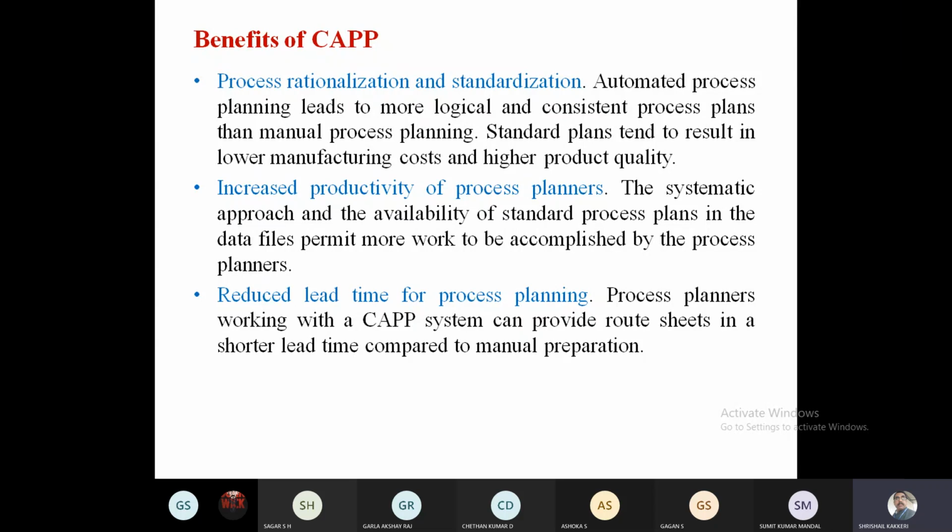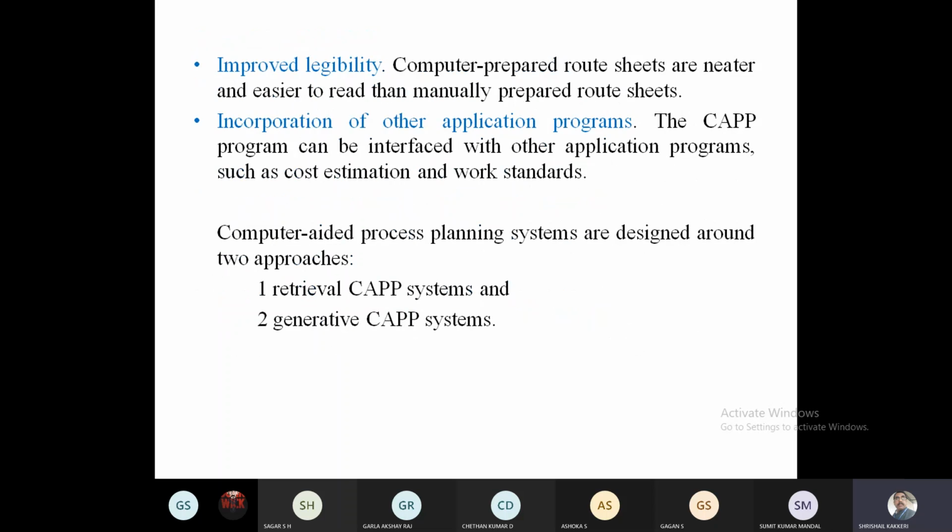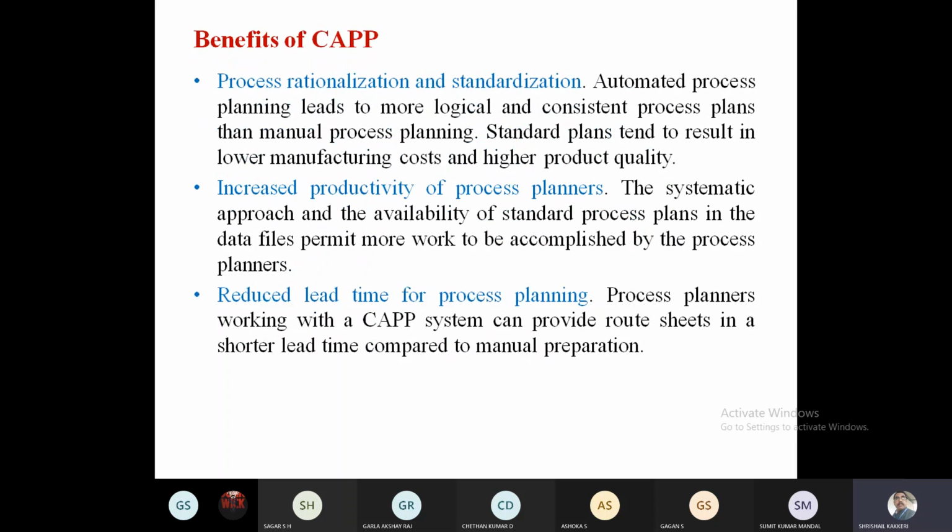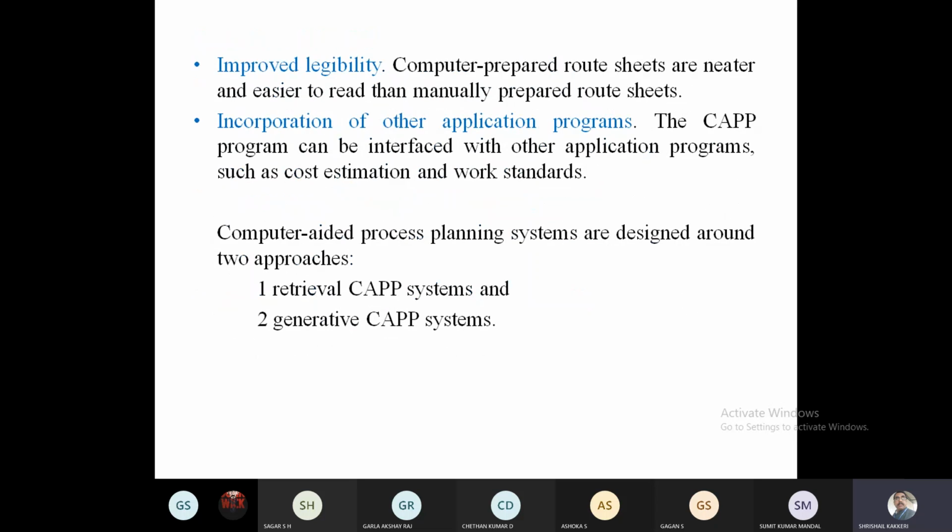To prepare the sheet by the manual method, it will take a couple of hours or a couple of days, and since it is prepared by the computer, it will be standard and the time taken will be very less, so that there will be a reduction in the process planning time and improved legibility. The computer prepared route sheets will be standardized.